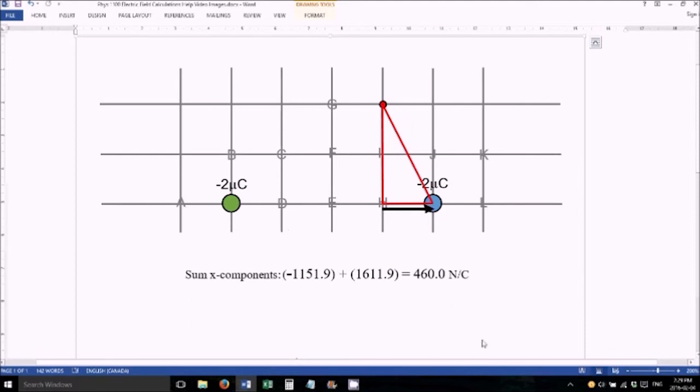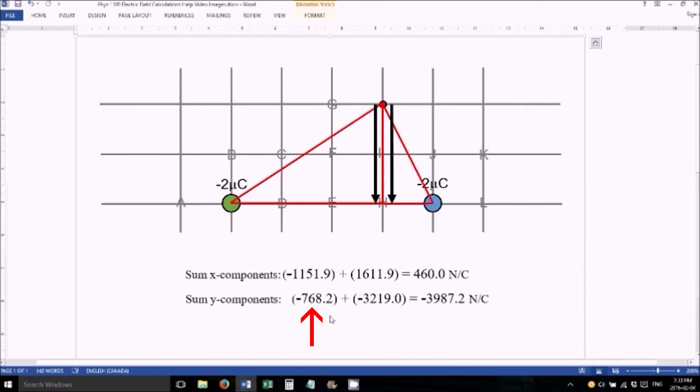So now let's sum up the y components too. So here's the y component of the electric field due to the green charge, and here's the y component of the electric field due to the blue charge. In this case, both of these point downward because the field direction pointed towards the charge in both cases, and that's more downward than upward. So that means that both of these values are negative, and so is our final answer,